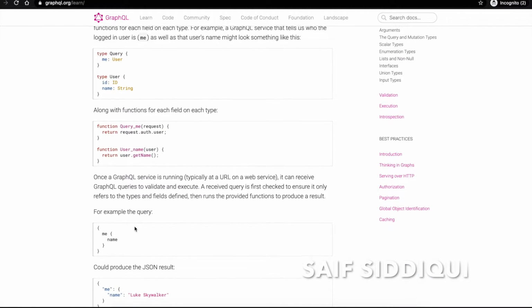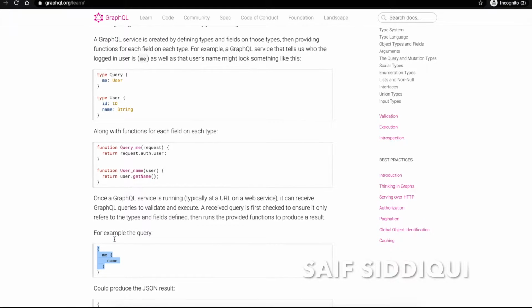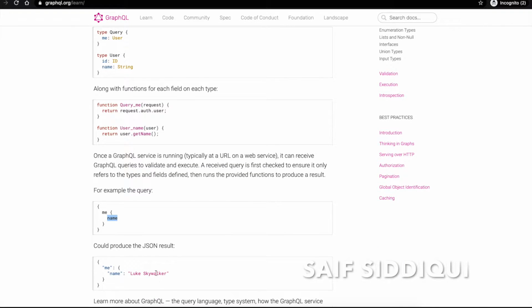So once I am hitting the URL, maybe on the browser or any other testing tool like Postman, and I am calling this me attribute, then in this me, we can call the name object, and there it can display my name. Once we fetch the response, we will get the name something like this in JSON format.